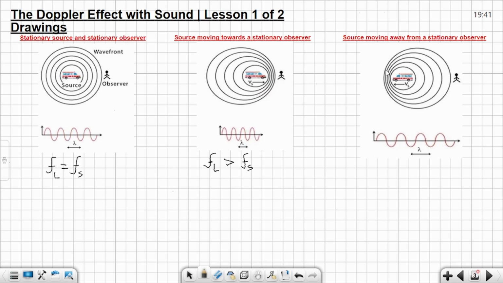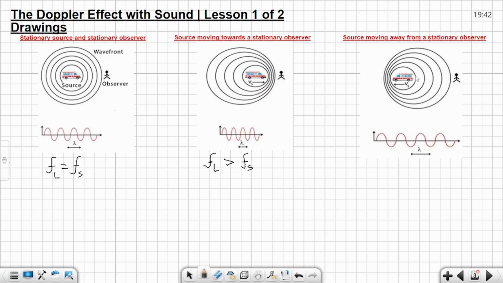Can you see that? So when you have sound waves compressed, this will give you a short wavelength, but a higher frequency. But since the ambulance is moving away, the observer will perceive a lower frequency. You can see the observer is at the back of the ambulance, and you can see the sound waves at the back of the ambulance are elongated, meaning you have a long wavelength but a lower frequency. This is common sense. When the ambulance is getting away from this observer, the observer will perceive a lower frequency